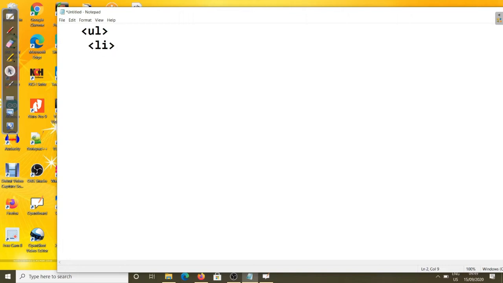First we have to define which kind of list you have, so this is the unordered list, ul. After that we start the li, the list item, then you can add any list item, and then we close the li. Under any unordered list you can add n number of list items, depending on your wish. Clear?